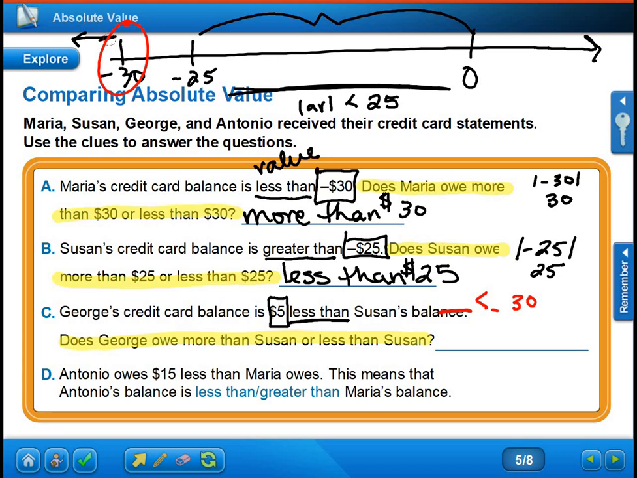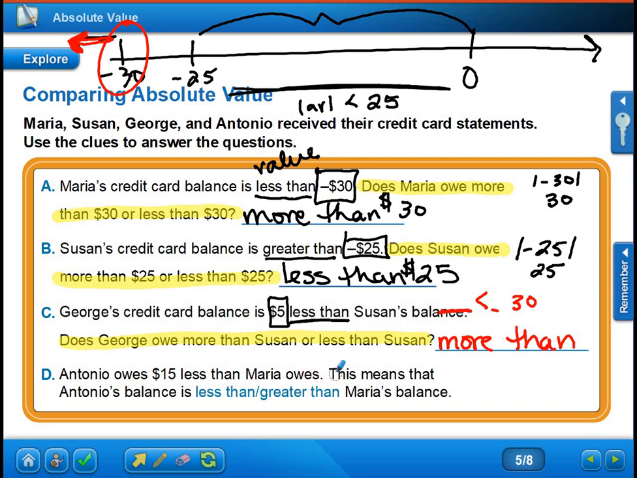And we know that anything that has a smaller value than negative 30 is going to be this way on the number line. So in that case, he is going to owe more than Susan does because these numbers are getting larger. Oh, and I apologize, Susan was the $25, but the idea is still the same. Okay, Antonio